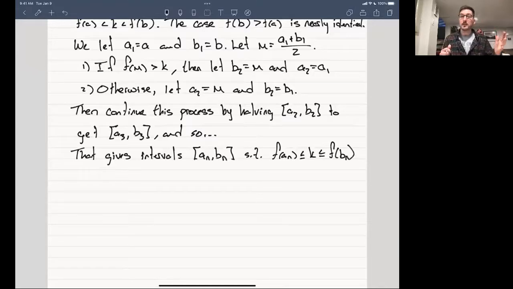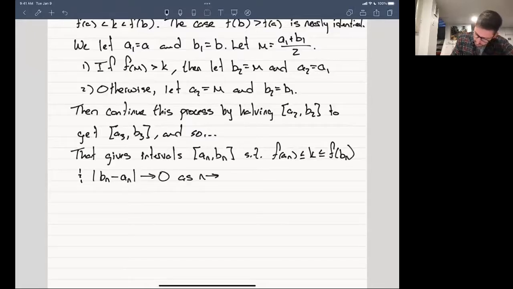So the left side of the interval is underestimating k, the right side of the interval is overestimating k, and you can imagine you're just collapsing down here, right? Because we're interval halving, and we've seen this a million times now, the distance from b_n to a_n is going to 0 as n goes to infinity. That comes from the fact that you're halving the intervals. And so by the nested interval theorem,